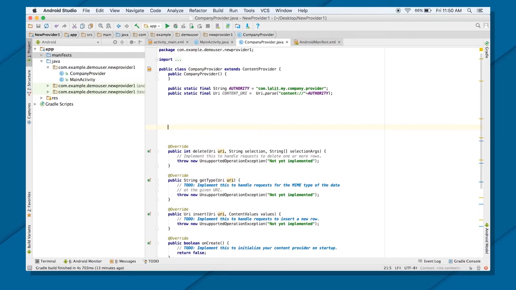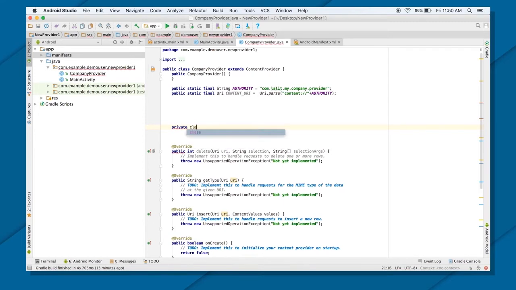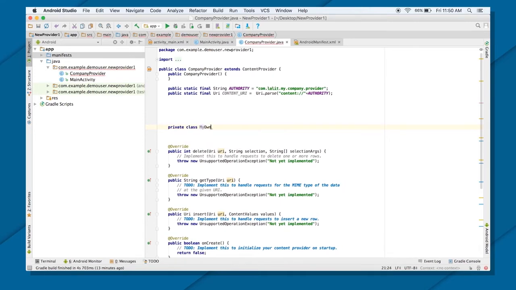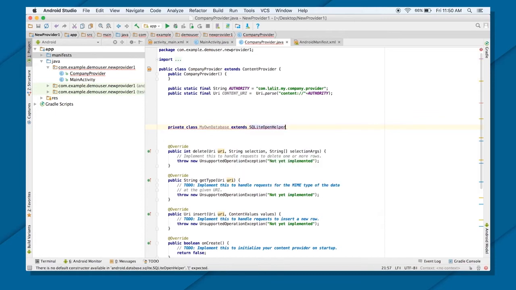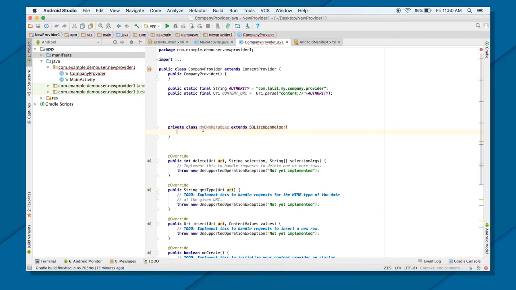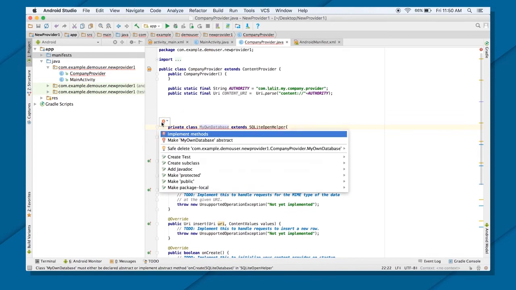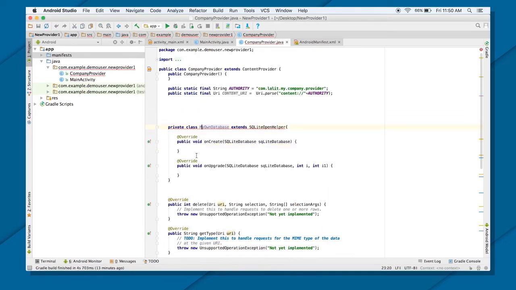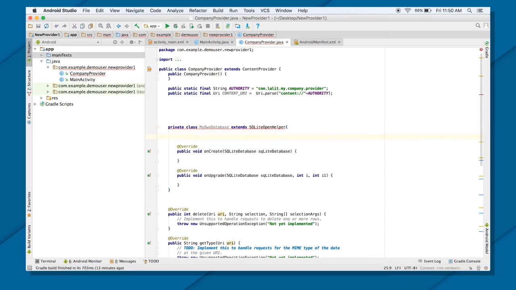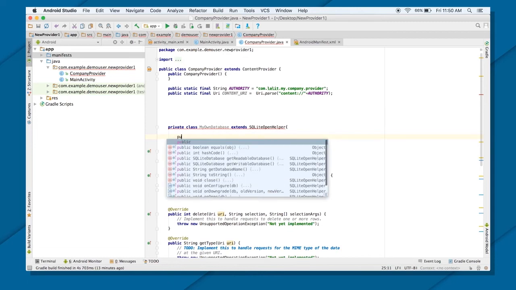So what will I do? I will create a private class MyOwnDatabase extends SQLiteOpenHelper. We all know how exactly we create a SQLiteOpenHelper class, and then I will put in the implemented methods, that is onCreate and onUpgrade, and I will also make sure there is a constructor here.